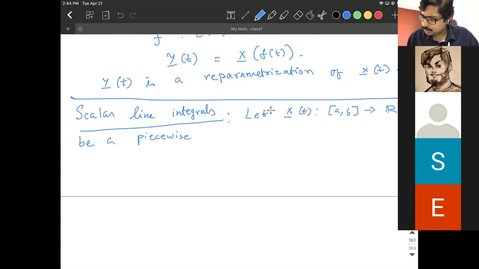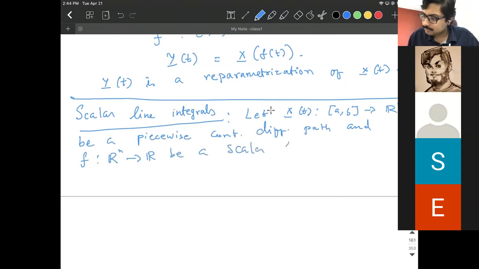So let x(t) be a piecewise continuously differentiable path, and let f from R^n to R be a scalar field. Then for any reparametrization